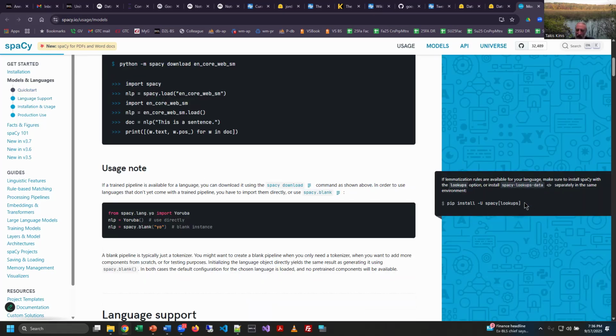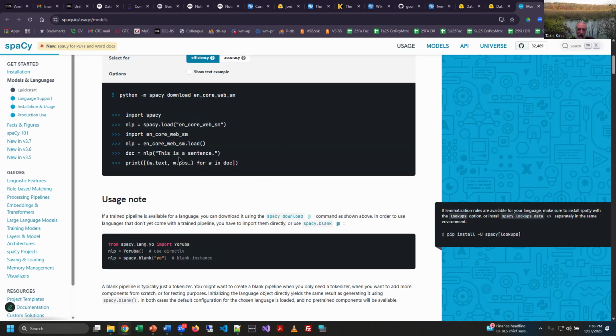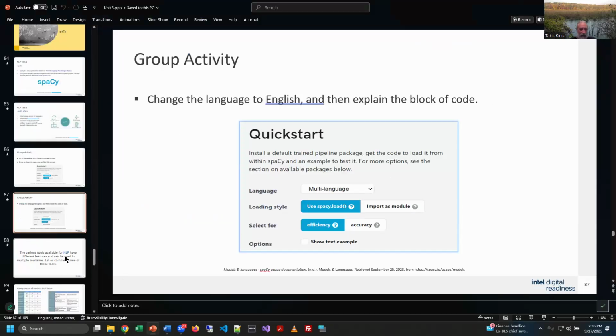And it shows you, and isn't this cool? It shows you the pip command to install it. It shows you the syntax for including it. And if you want to try some of this stuff out, you can actually copy this code and try to run it, which I think is really helpful.